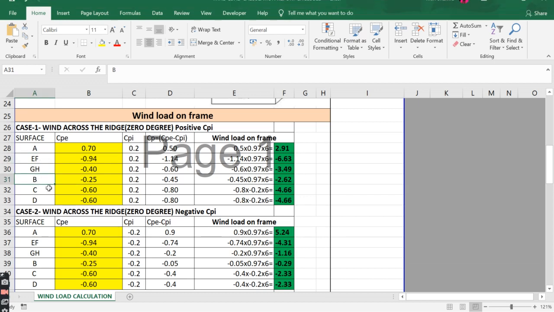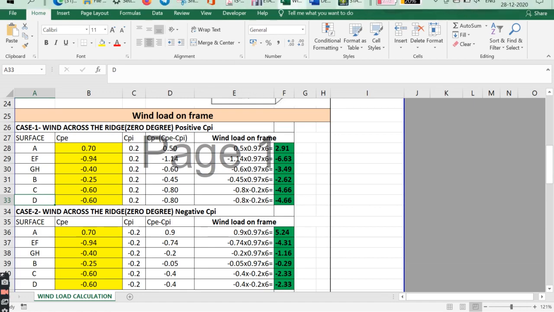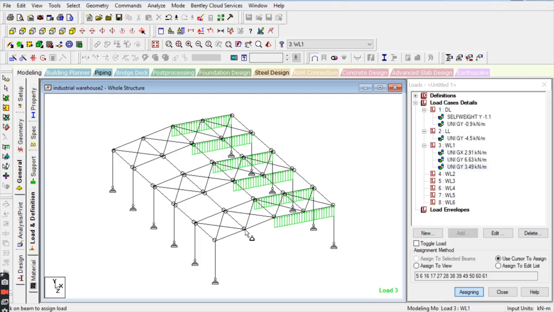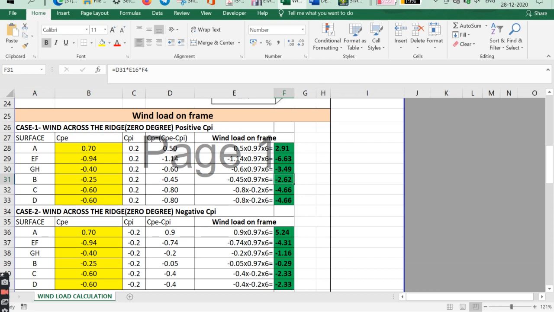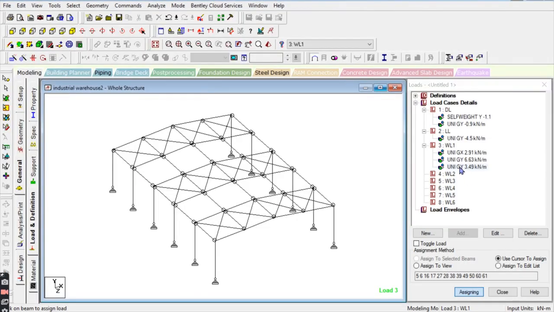In the B direction, C and D we will apply when we use the gable column. We use C and D when we have the columns over here, here and here. That is called the gable column; we also call it wind column. In the direction B we have the data 2.62. Go to the STAAD model.